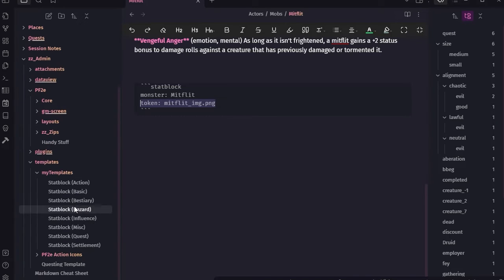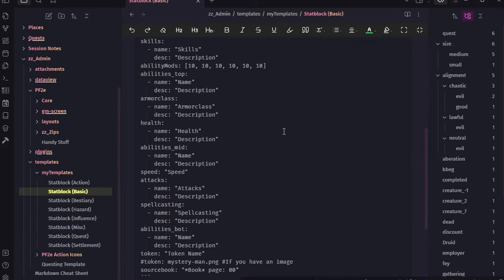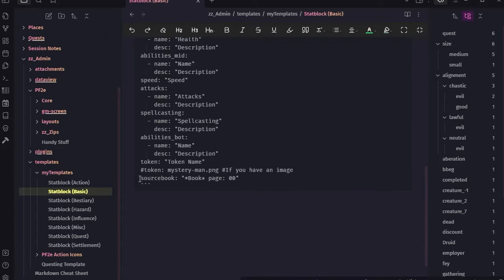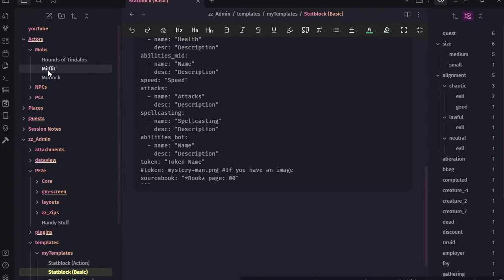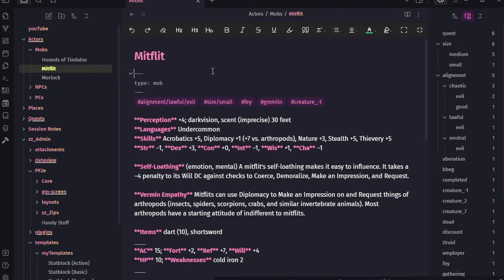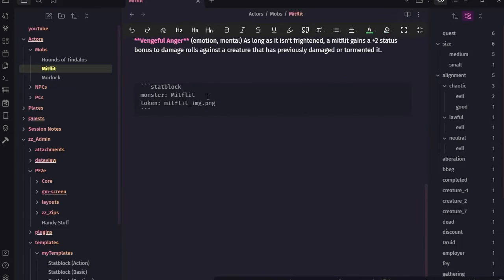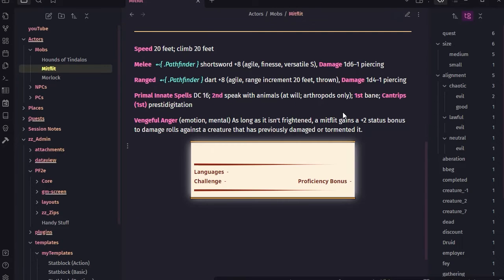So if we look in here, the one that we were just looking at under basic, I believe it was, you'll see that there actually is a thing called token, right? Token name. So what this is going to do is it's going to say, oh, I need a leaflet, which it will end up finding in its dictionary or its database, whatever you want to call it. But then it says, oh, but it needs this instead. So if we launch this or look at it,